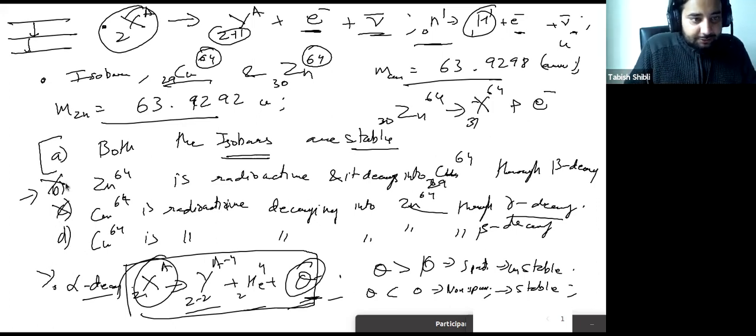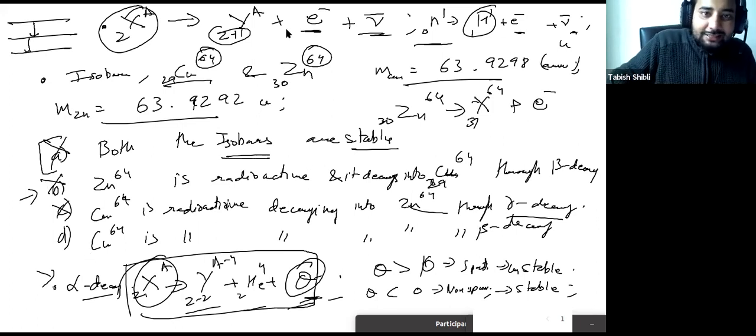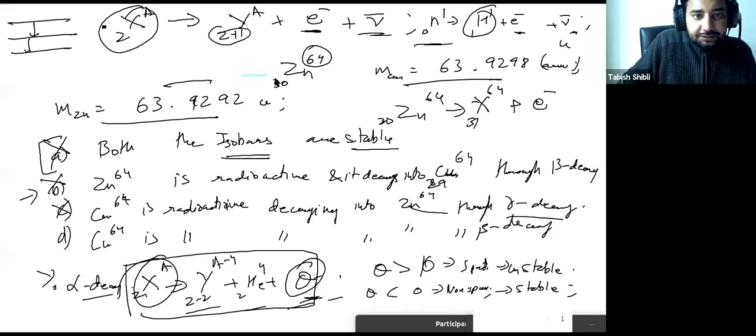What about part C? So this we already saw wasn't true. What about part D? Well, D sounds like something that actually can happen. So let's see what is happening in D. You have